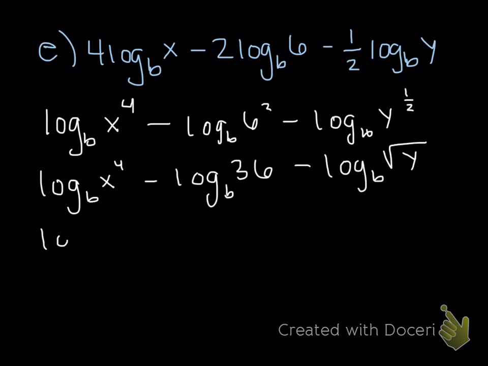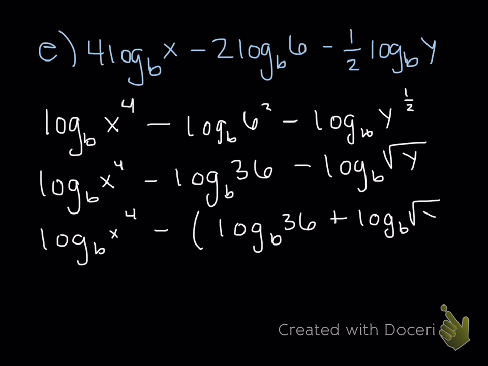So notice that the second two terms both have a negative in common. So if I factor that negative out, it becomes log base b of 36 plus log base b of the square root of y. So essentially what this means is that the minus sign here represents the fact that there's a quotient, and this plus sign here represents the fact that there is a product, but they are both happening in the bottom of the fraction. So when I piece this together,